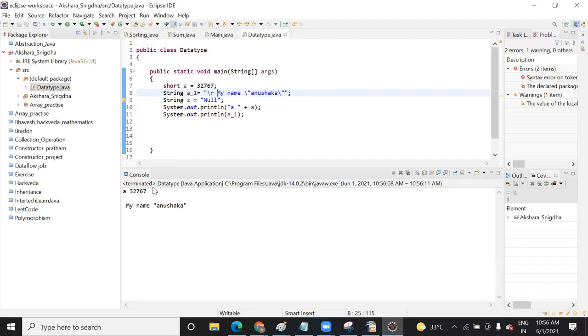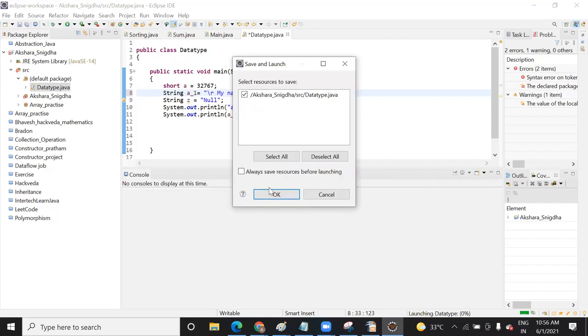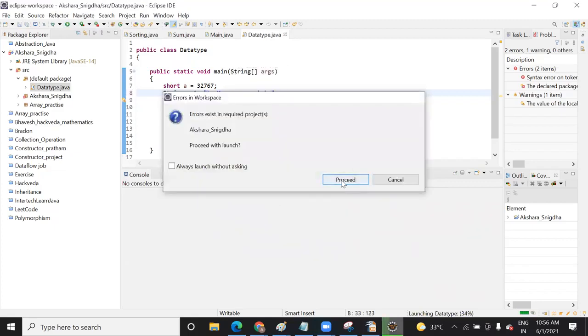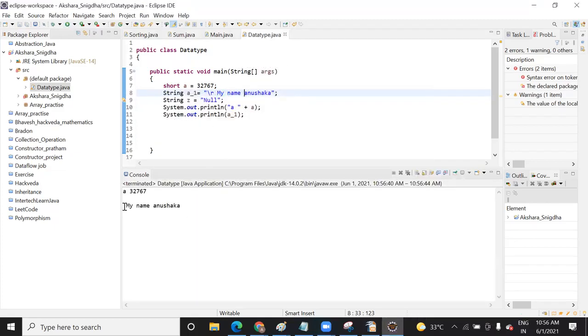What it does is bring the cursor, like the carriage, to the start of the line, and that's why you can't see it. Let me remove this slash and run it again. When you run this, the carriage return operator will bring the cursor here. That's why you are getting a space here.